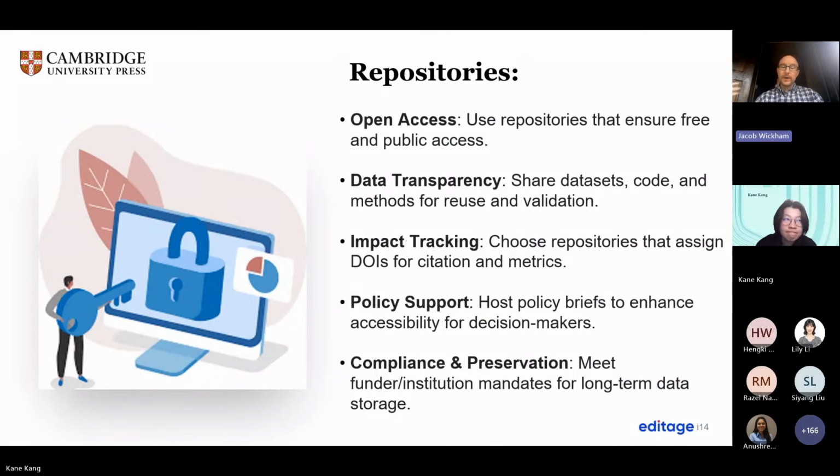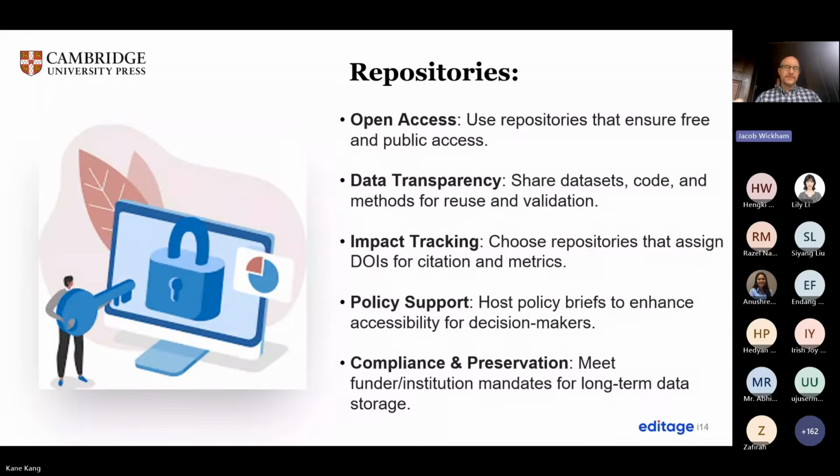Then you can support policy. You can write a policy briefing on your work, how it would be useful for policymakers. But also, it's good to tell how your research can have practical application as well. And you can choose a journal that has a lay summary, also journals that have infographics or graphical abstracts. These are very nice snapshots of your paper that can be communicated to a broad audience.